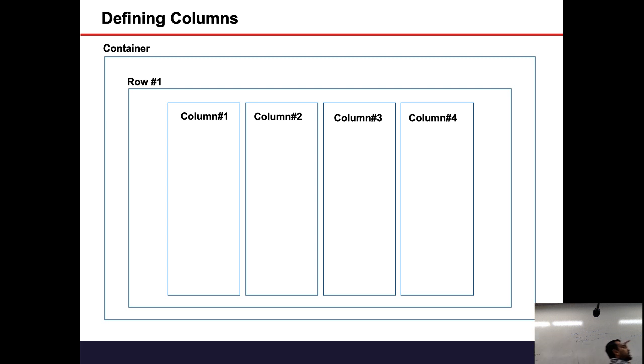You start with a container, that is your conceptual why, that is your grid. Then you start with your rows. You build your rows, and within your rows, your columns exist. Can I keep these columns outside the rows? I don't want a row. Yes, you can try those things, but it's not going to work as it is.